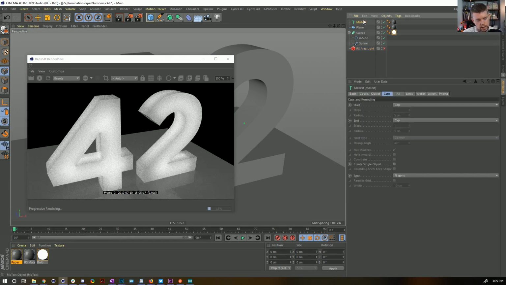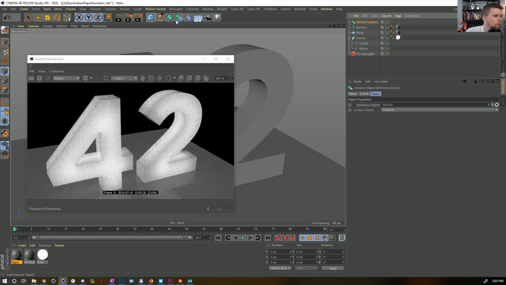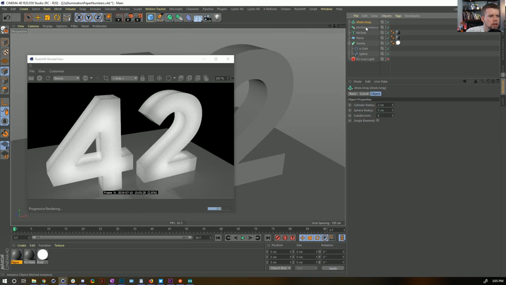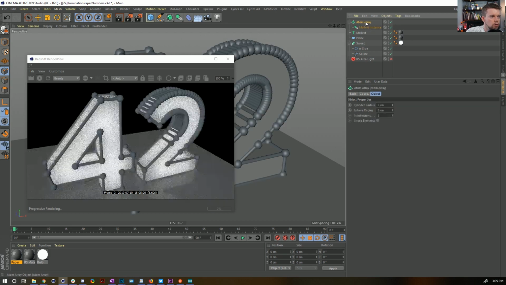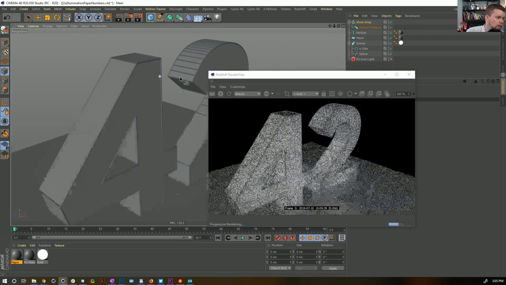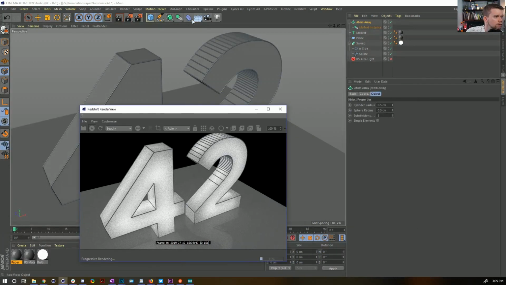MoText. If I were to make an instance of this MoText, and then put that into the most generic way would be making an atom array, and then putting that into the atom array, and now we get that, and now I can set the sphere radius down to, I don't know, 0.5, so now you start getting those internal structures. Of course, they're going to be a little bit external, but if we inflate our final text,